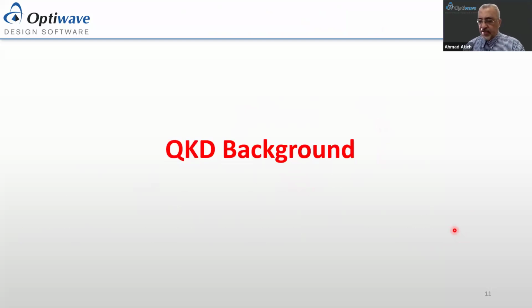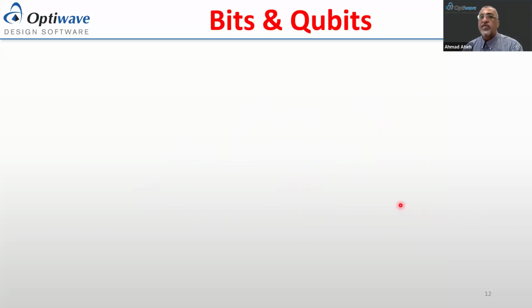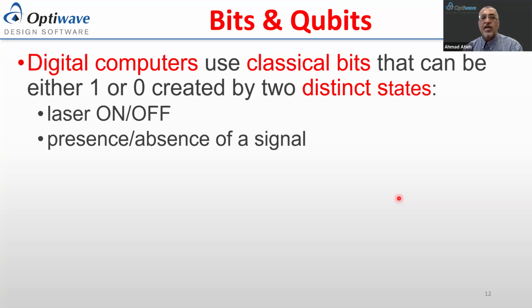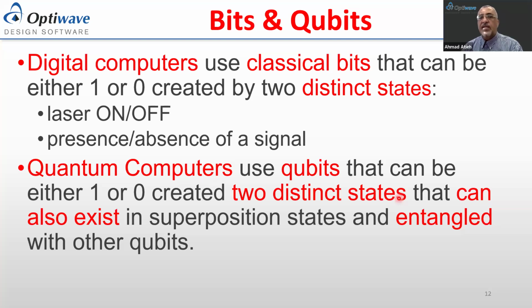Now going after this introduction about Optiwave product and OptiSystem mainly, we're going to move into the quantum key distribution and background of it. So just here, we're going to distinguish between the bits and qubits. So typically with digital computers, we use classic bits, which is either ones or zeros. And these ones and zeros can be turning the laser on and off, presence of the signal or absence of the signal. On the other hand, if you use quantum computers, you can use qubits, and these qubits can be either 1 or 0, or can have two distinct states that can also exist in superposition